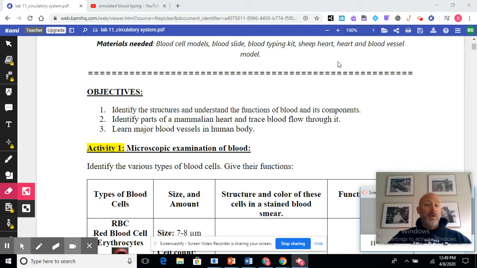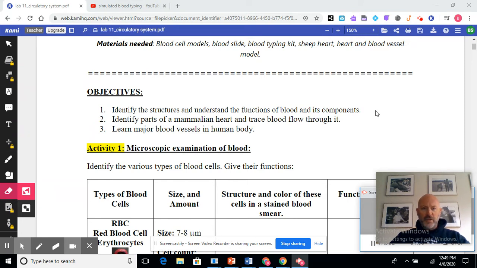All right. So some of the objectives, let's look: identify the structures and understand the functions of the blood. So we'll do that first. That's going to include a blood typing video that I'm going to provide that you'll use to fill out that part of the lab book. That's probably the only part of the lab book I won't fill out for you, and you'll have to do that independently, but it'll be real easy once you see